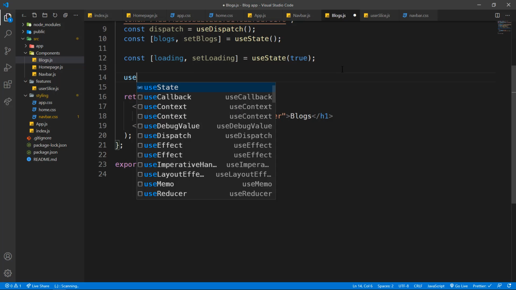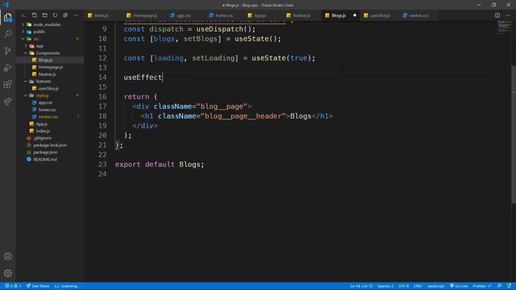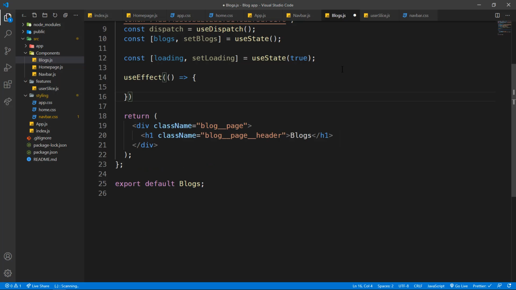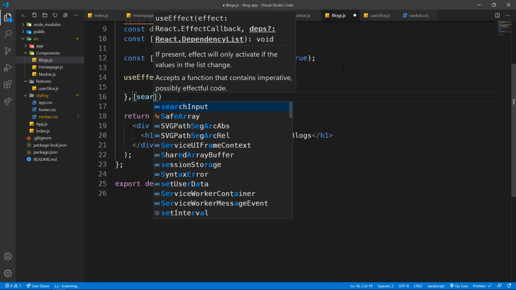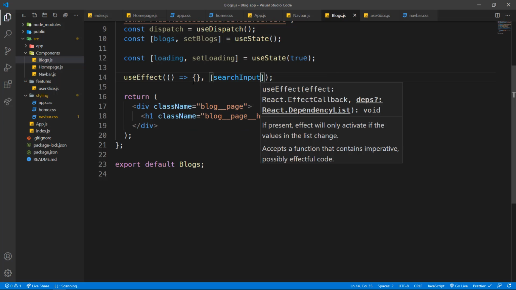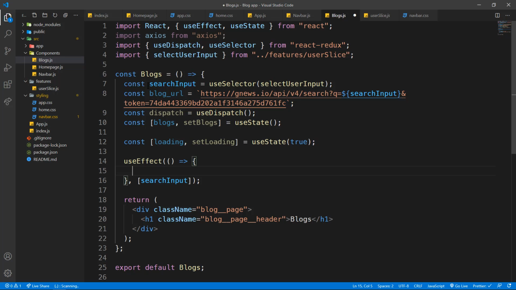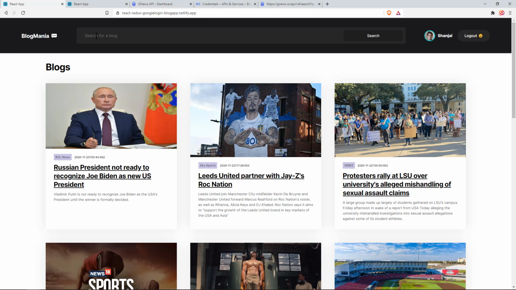And now let's use a useEffect. We want this to run every time there's a change in search input. So every time the person changes the input that is being sent through the selector, so only when we click on search is it changed. It's not going to update in real time. That is actually great, because if we type